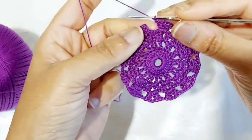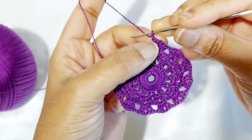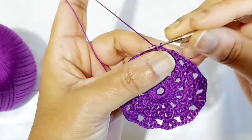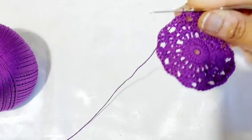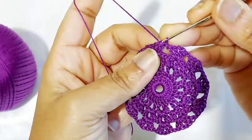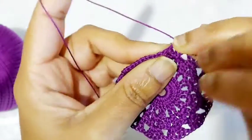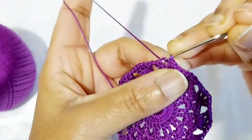Okay, I have come to the end of the row. I've added a chain here at the end of this pattern, repeat, and then slip stitch here. So this ends this row. Coming to row 5, make 2 slip stitches, one and into the chain space here, make a slip stitch,